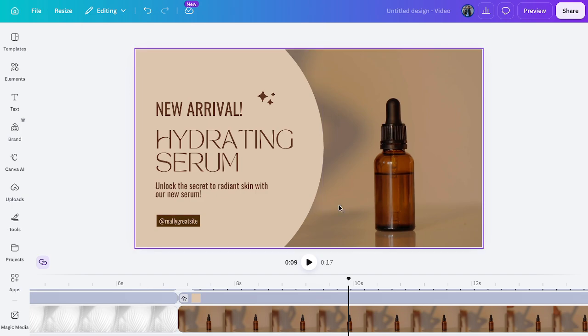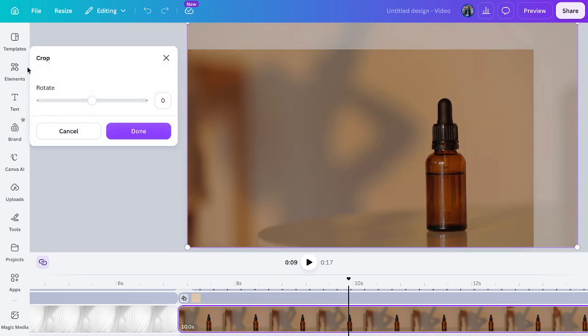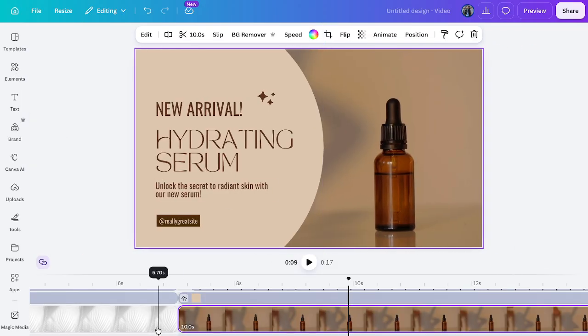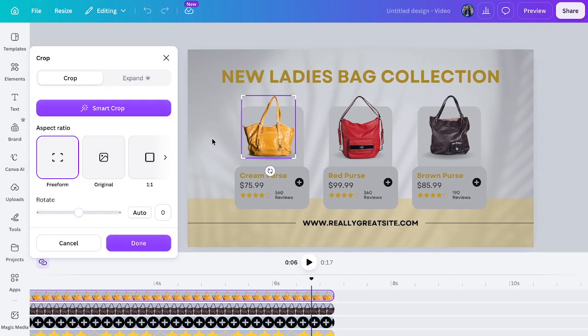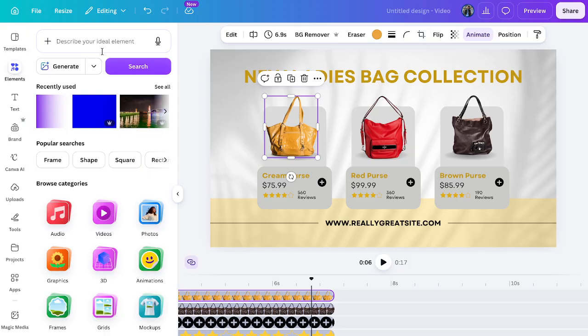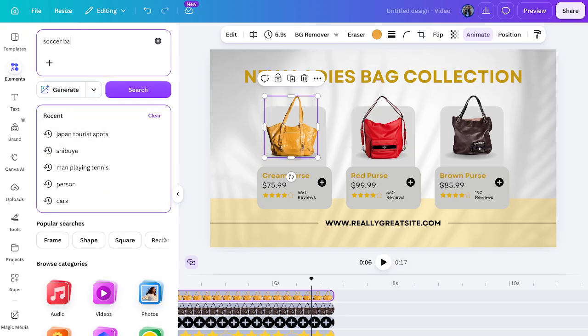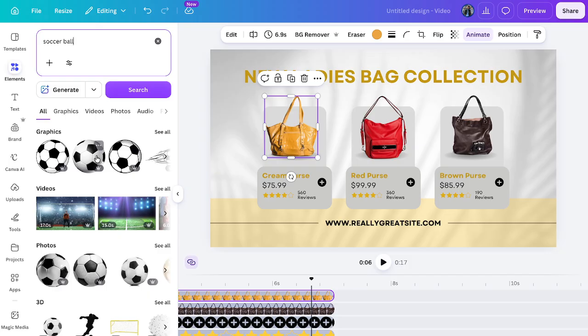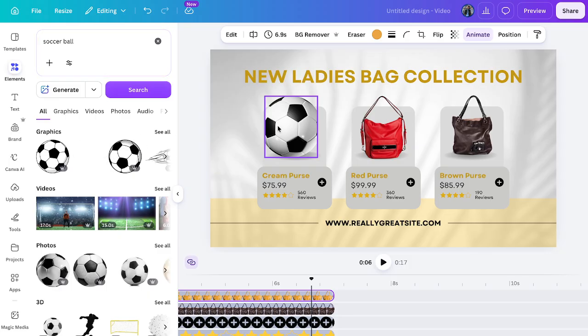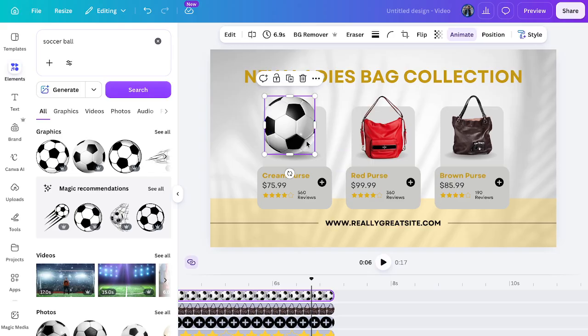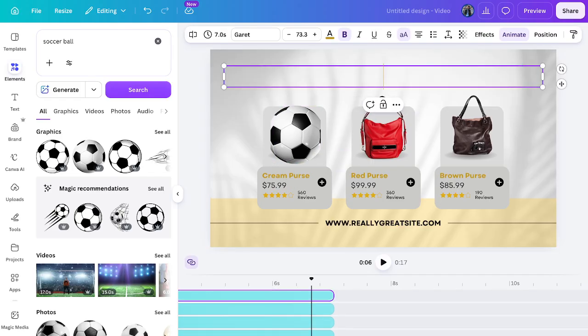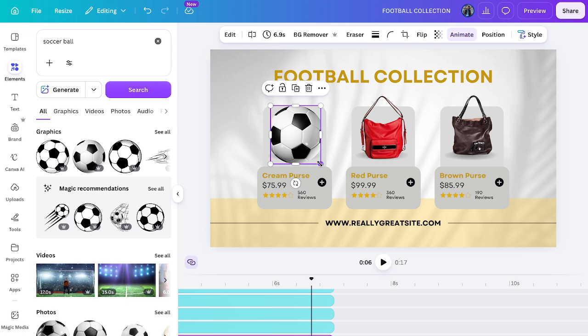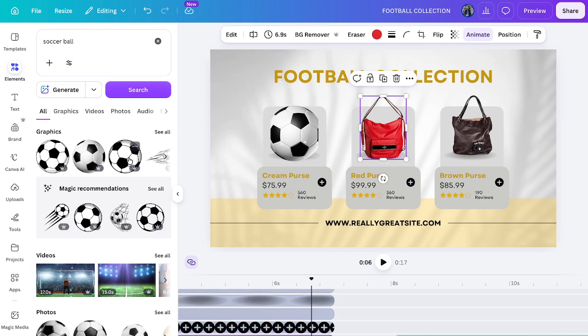So for example, instead of a serum, we would want another product. So here, say that this is bags and we want a soccer ball. We can press soccer ball and renew it here. So let's say, and just edit it to football collection. Let's say that we wanted to sell some football collection, so we go here, then here we can press